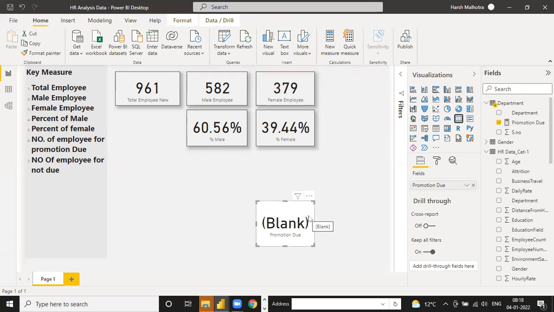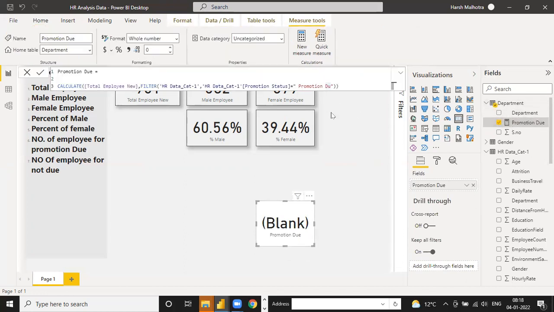Why is it blank? Your function is not wrong, only the spelling is a mistake. So always check your spelling first, and then do your task. So due means DUE, and just enter. When you spell it in the correct way, you can see the value will be there, 47.